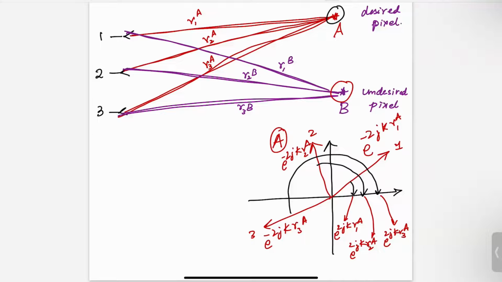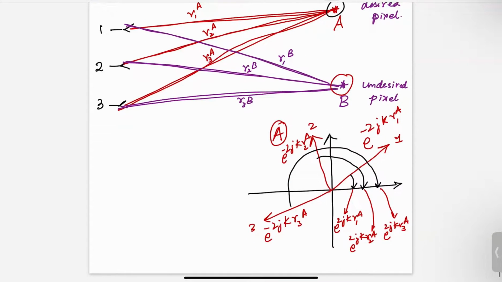So what happens when the unwrapping is applied to the undesired pixel? Let's look at that just as an example illustration. The wrapped phase from the undesired pixel to the three antennas maybe ends up, the first guy ends up there. So this is number one. Second guy ends up here. Third guy ends up here,